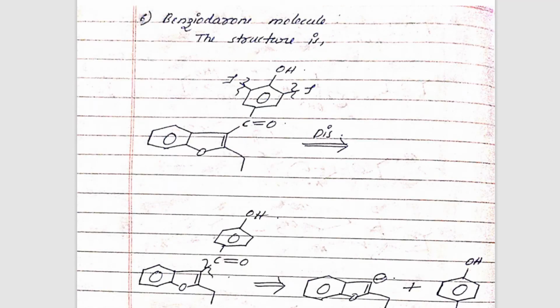Next is the benzophenone-type molecule. This is also one important molecule, that is, write the synthesis of the benziodarone molecule. Okay, so this is the structure of the benziodarone molecule. Now when you see the structure, what you're supposed to do first, you're supposed to disconnect and write its retrosynthesis, correct? So these are the two iodine groups that are present on either side of the benziodarone molecule, because this molecule has two iodine in it.